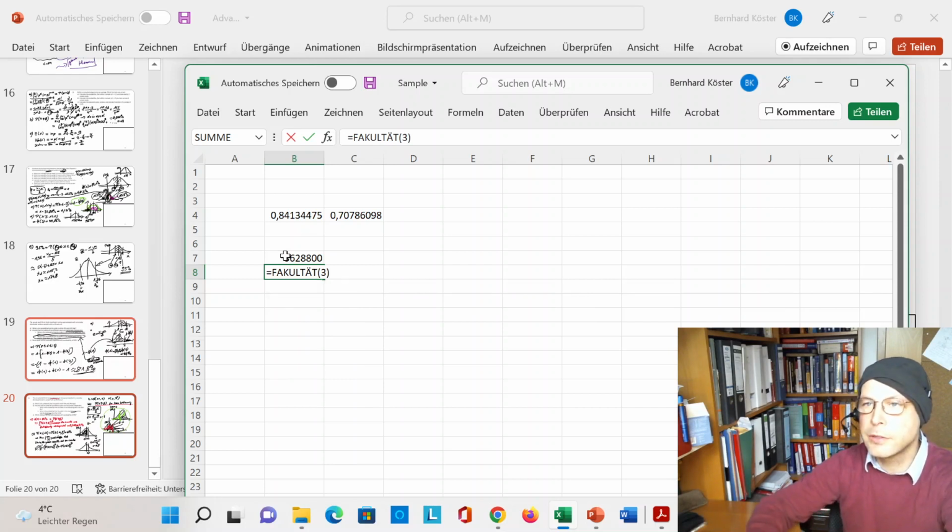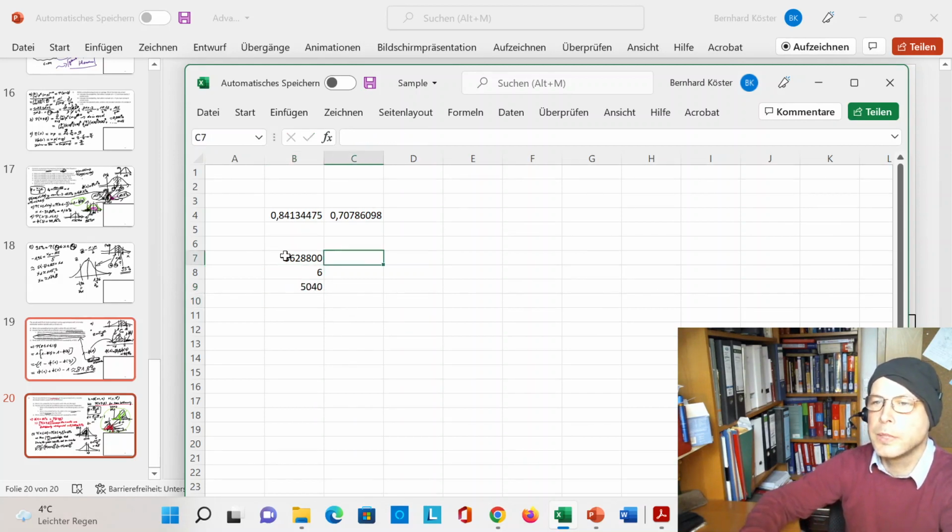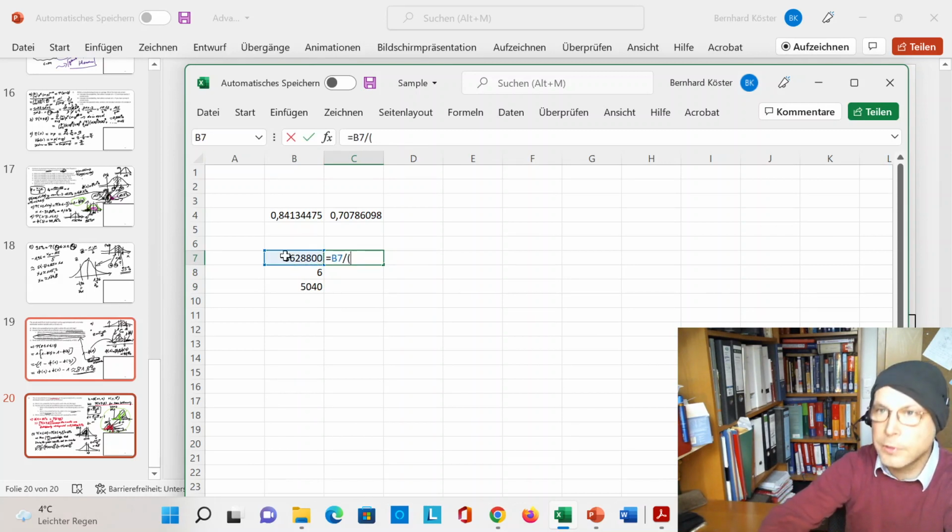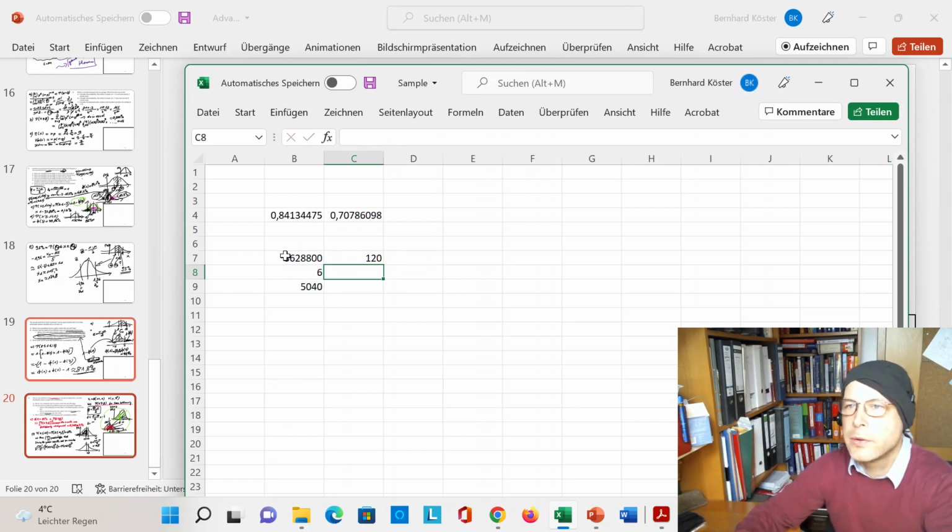But of course on your calculator you also have faculty and 7. So we need this over this times this, which is 120, and we need